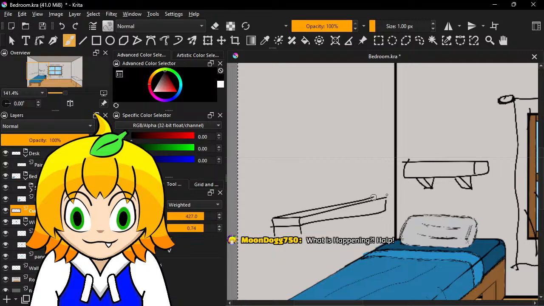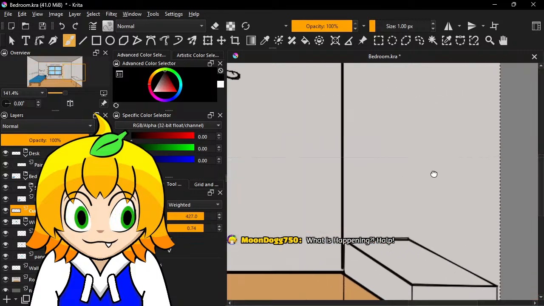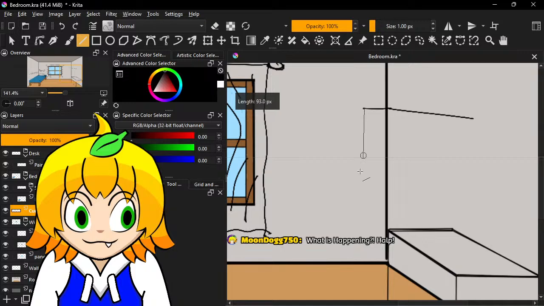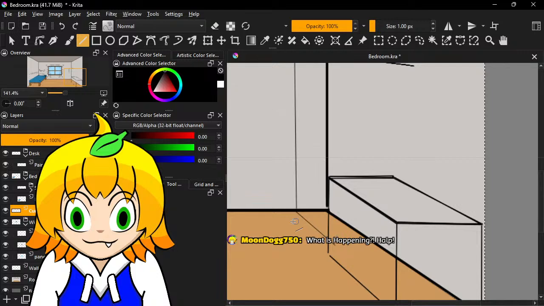I thought about putting a shelf or a bookcase here. I need a line tool. That's not thick enough.